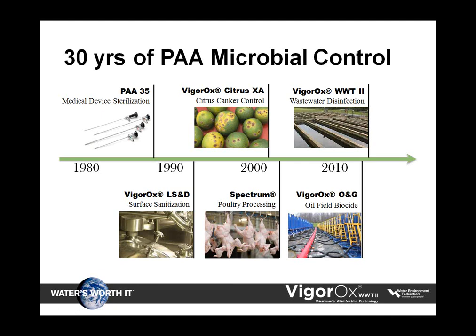Our efforts in treating wastewater date back to 2007, when FMC helped pioneer the use of peracetic acid as a wastewater disinfectant within the United States, with a demonstration project in Saltillo, Mississippi, performed in conjunction with the Mississippi State University.